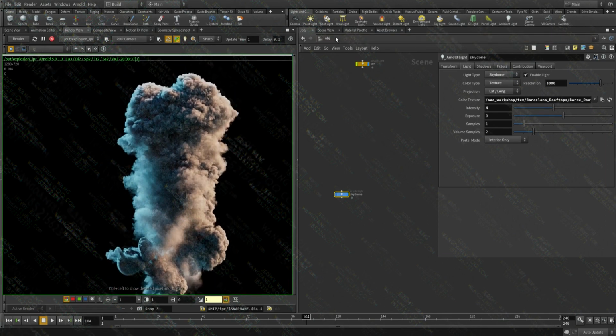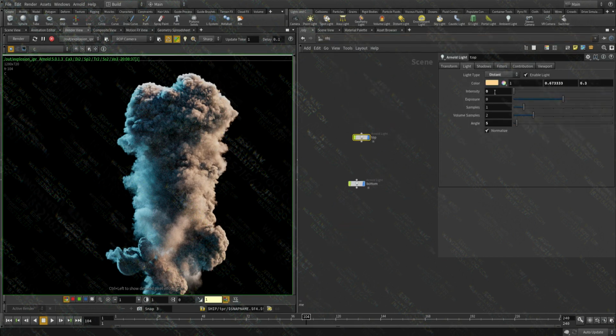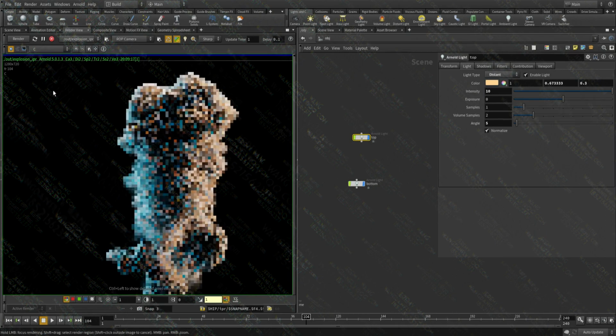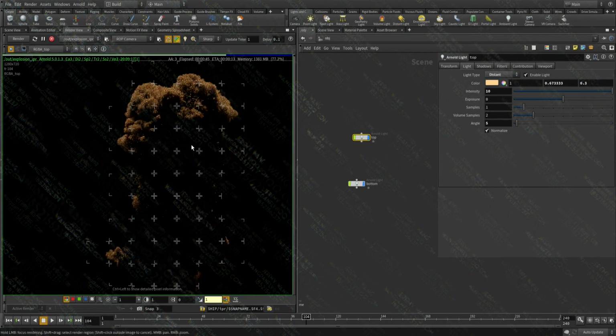Cool. And now that we have these main lights, I'm still very happy with the back. I think it's very strong, but also the density of the volume is very low. But let's tweak the other two lights that we've prepared. So I have one top. Let's take a look at that.